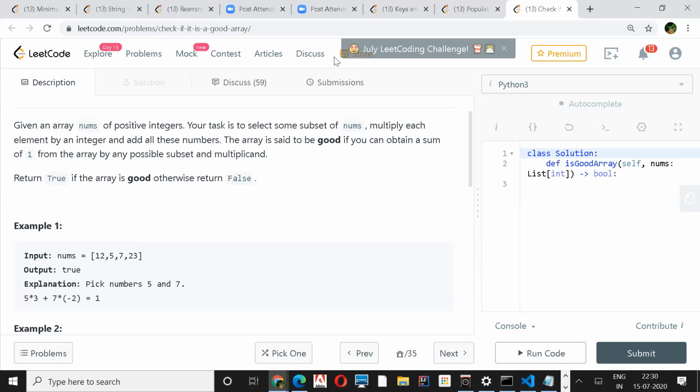See, A and B are the values which we have to take, like 3 and -2, whatever values he has taken in example 1, they are A and B. So X and Y can be any values. We can try all the values. Yeah, that is what I was thinking, looking at the examples, and Harshit said, right? So maybe try for each and every value, and then keep on doing it recursively, because that will be a logical way of at least understanding the solution. Maybe implementing may not be so easy.